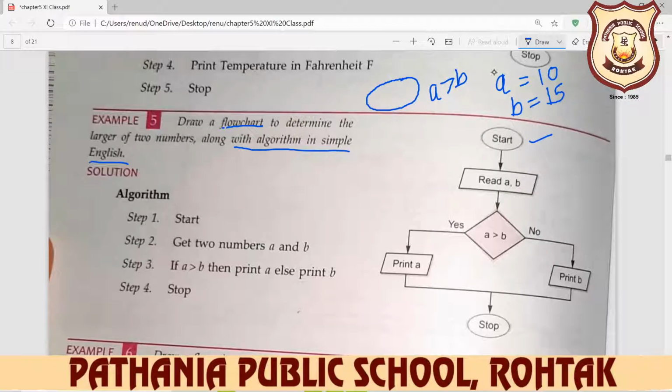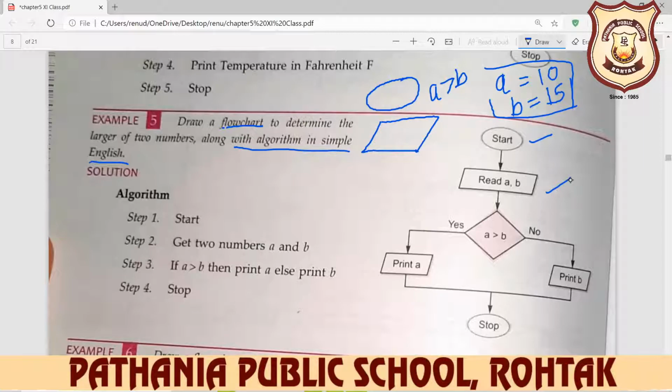After that we need two numbers. So you require this symbol here, and this symbol is used for input as well as output. So read A and B. Now we take the decision, whether A is greater or B is greater.